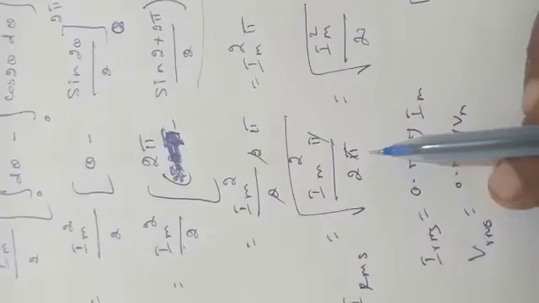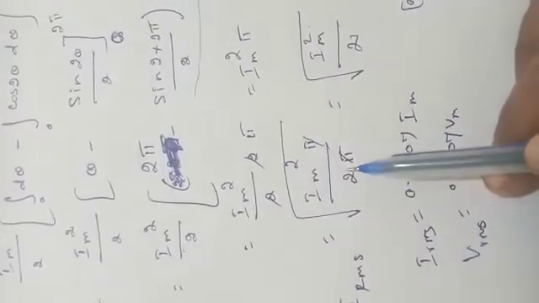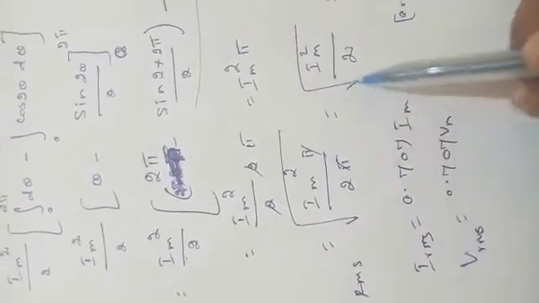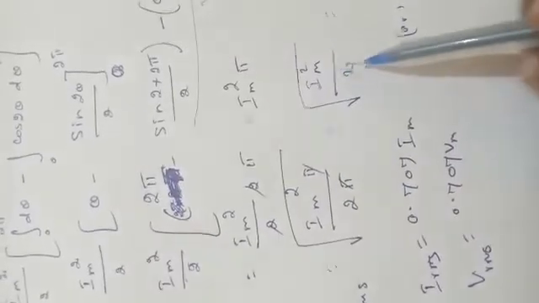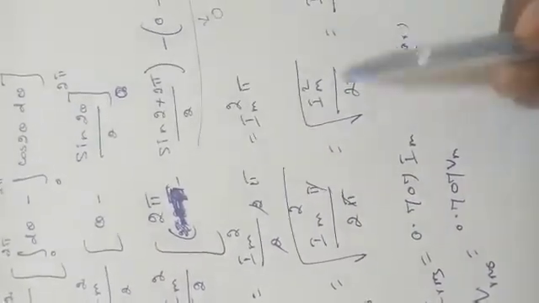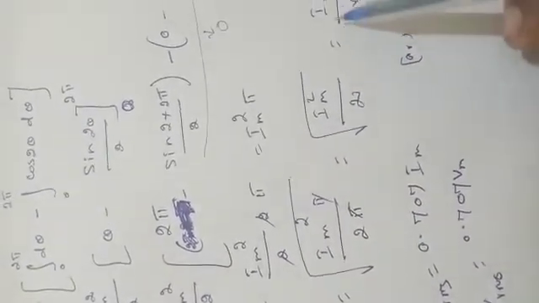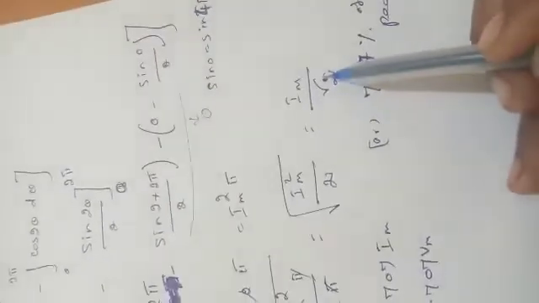By the definition, I RMS is equal to the square root of the square of the current, so Im squared into pi, divided by the base length of one cycle. The base length of one cycle will be 2 pi. Pi cancels, and it will become the square root of Im squared by 2, which is Im by square root of 2.